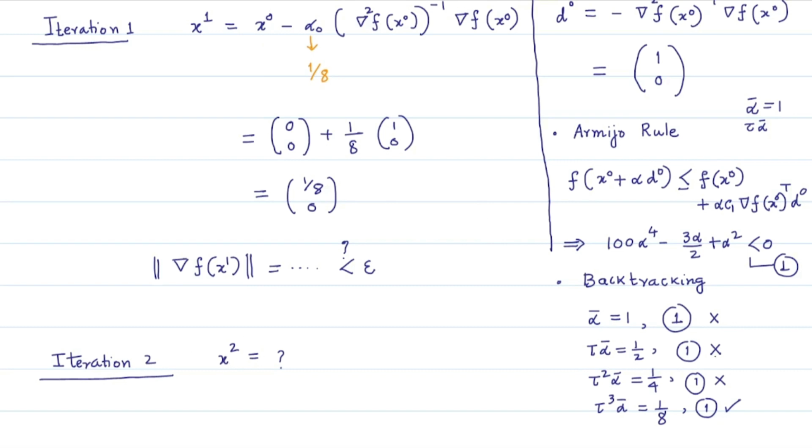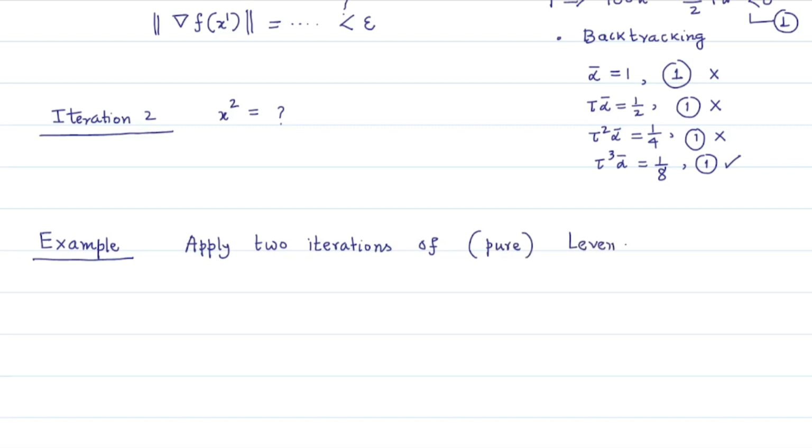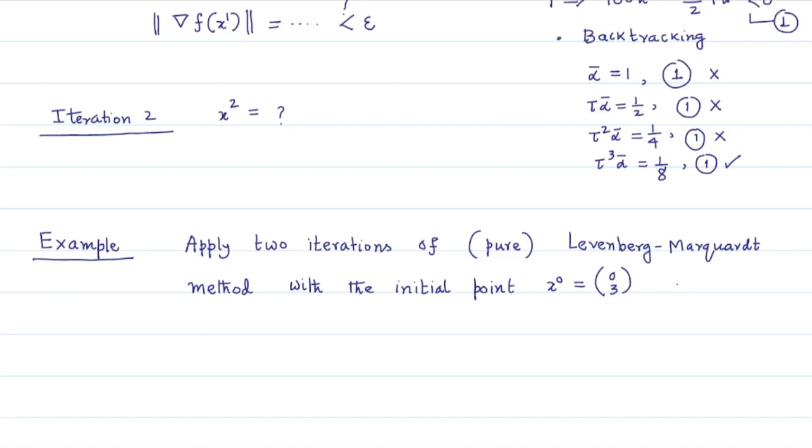Now next I will show one example where two iterations of the Levenberg-Marquardt modification of the Newton method will be executed. Apply two iterations of the Levenberg-Marquardt method, or we can write pure Levenberg-Marquardt method, with the initial point (0, 3) and termination scalar, or the tolerance level, epsilon equal to say 0.01, on the function